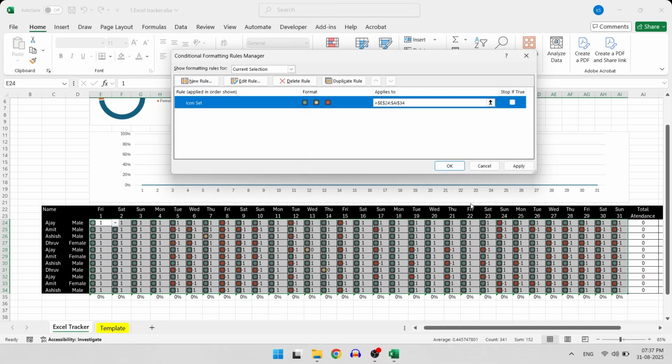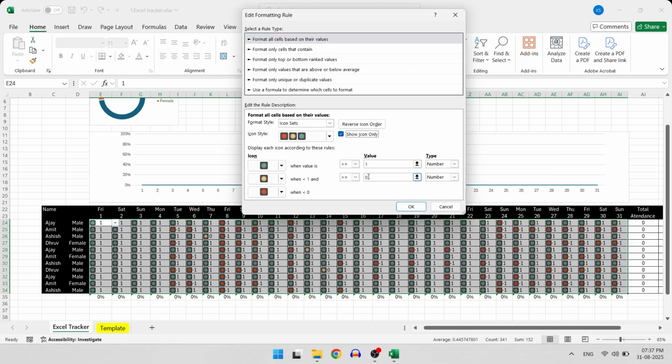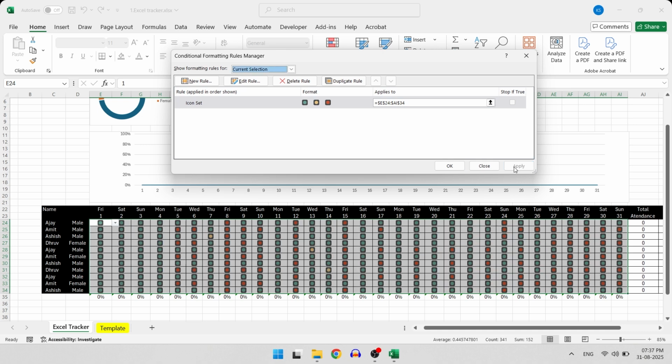Simply click OK and also check this show icon only option. So only icons are shown, not the value itself in the Excel sheet.